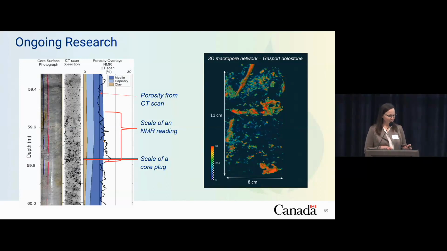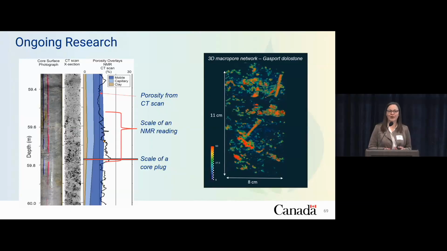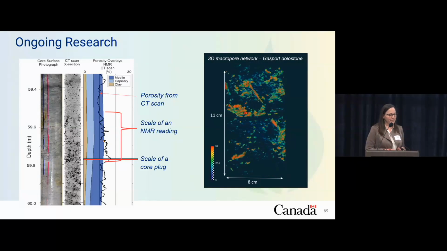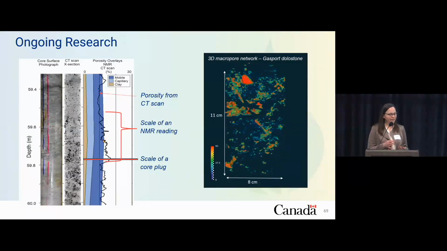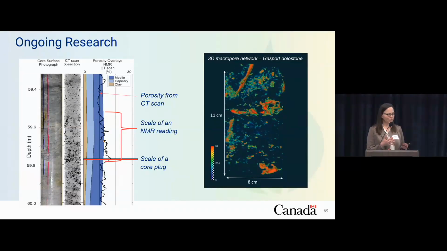Now, as a final note here, this revolving image is another product that we've been able to calculate from the CT scan data. This is where the cores have not only been scanned dry, but scanned a second time saturated. And so by subtracting the two images, the dry and the wet CT scans, we're able to see where water has filled the pore space. And so this gives us an impression of how water is moving through this Guelph dolostone. It's an incredible visual